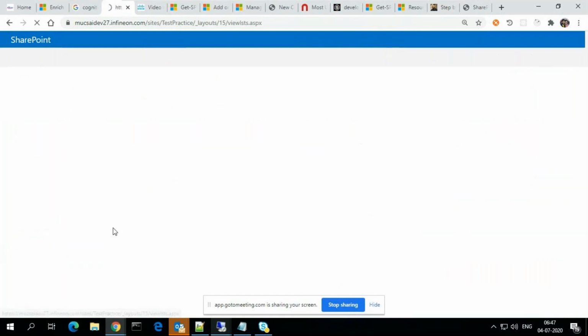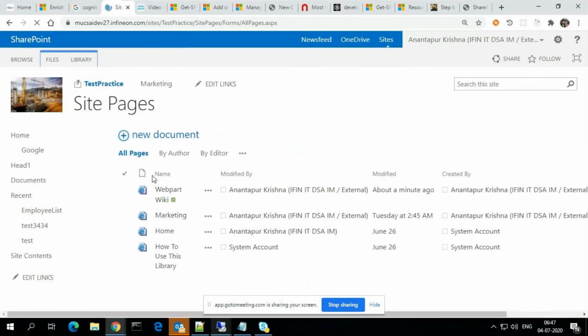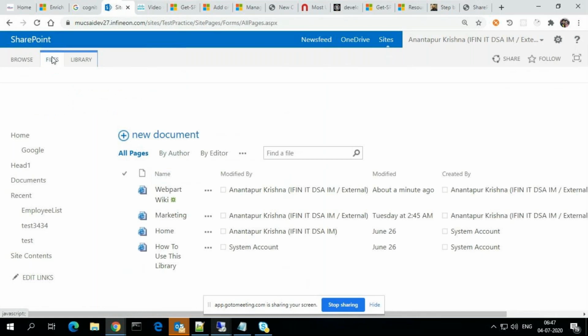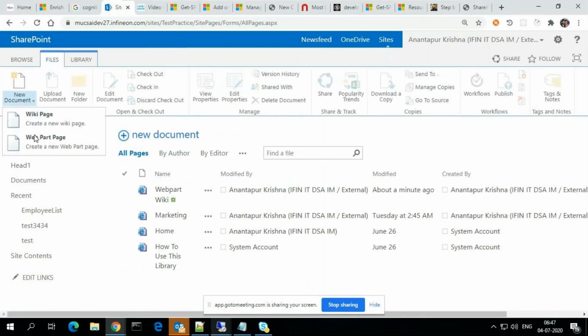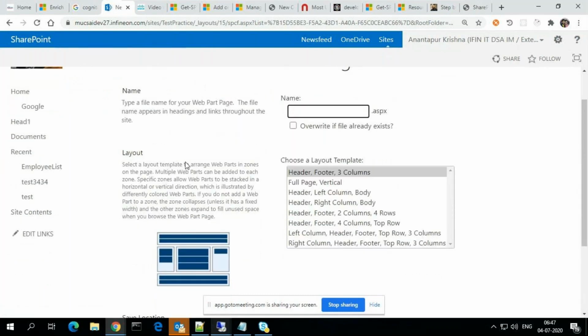If you go to the Site Pages library, this time I will create a web part page. This is giving some layout kind of a thing, like suppose I need a header, footer and 3 columns.